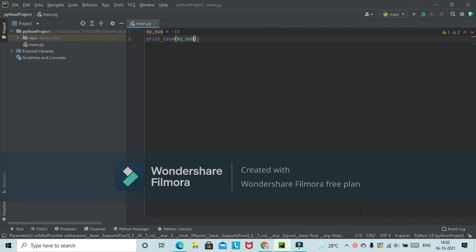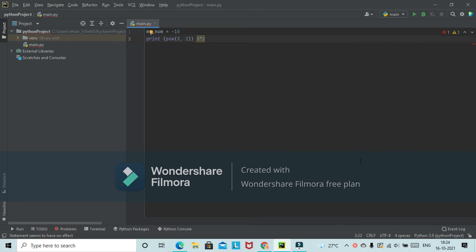There is another one called pow, and I'm actually not going to be needing this variable. We will just use a normal number. Let me just delete this real quickly. This function is going to allow us to pass it two pieces of information.